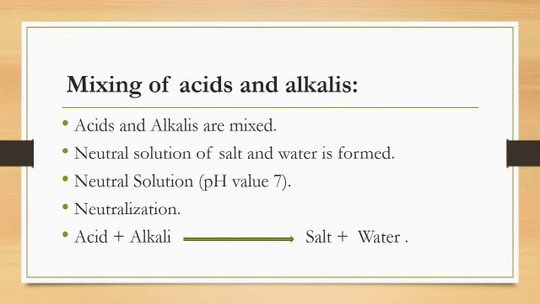Mixing of acids and alkalis. When alkali is added to acid, it reduces the effects of acid, and as a result of this, acid becomes less acidic. The pH of the solution increases, and when more alkali is added, then a point comes when the alkali completely cancels out the effect of acid and a neutral solution of pH 7 is obtained. When the right amount of acid and alkali are mixed, a neutral solution of salt and water is formed. This process is called neutralization.